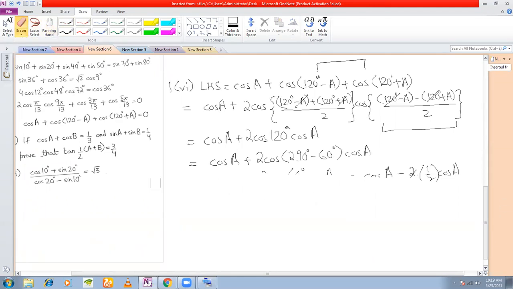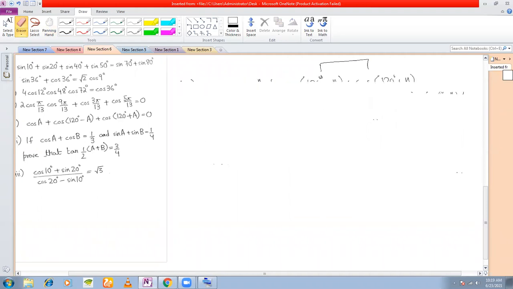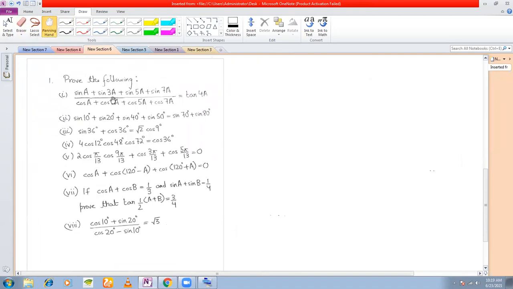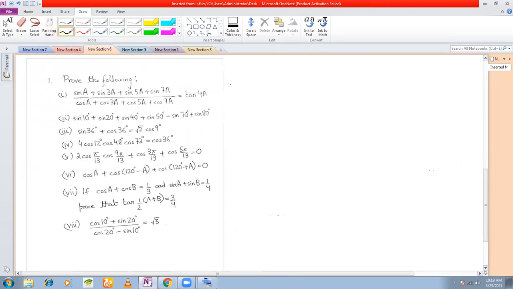Moving on to the second last problem. Question 17 is given here: cos A plus cos B is equal to 1/3. Call this 1. What else is given? Sin A plus sin B is equal to 1/4. Call this 2. You want to prove that tan (A plus B)/2 is equal to 3/4. So from 1,